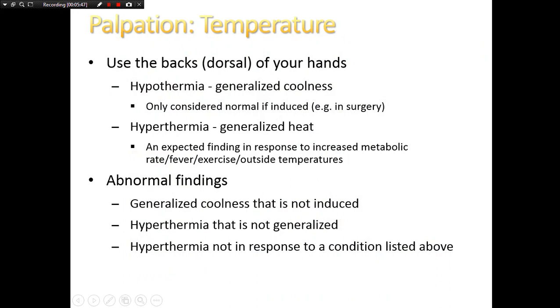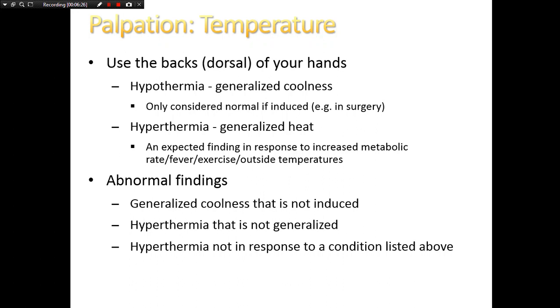So we've talked before about temperature. We're always using the dorsal, or the back part, of the hands when we're assessing temperature, assessing hypothermia or hyperthermia. There are definitely normal variations. Patients that are in the OR or being recovered after surgery have low body temperatures, not only from anesthesia, because it drops their metabolic rate, but because the operating room is cold. Okay? So that might be a normal variation, where we know exactly why their body temperature has dropped, and we can fix that. Patients who are hyperthermic,